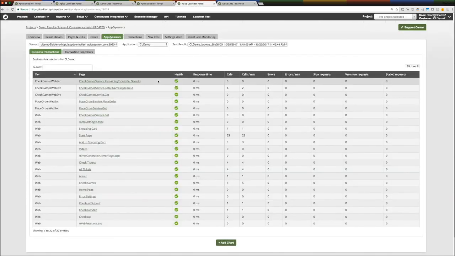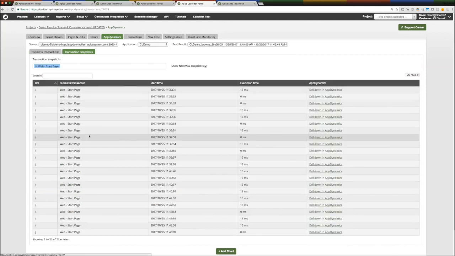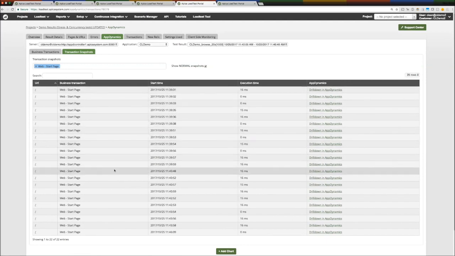If you're not going to go into every particular call from an outside-in perspective, we also have an inside-out view using our integrations like AppDynamics here. So here I have all my business transactions related to the demo application that we're testing against, and I can click into them here. Let me pick a business transaction and then drill down into that in AppDynamics. You can see that we're going to pull out all of the transaction snapshots related to that over the course of the test. I can look at normal or error snapshots and then drill down into those in AppDynamics. And from here, we build a bridge essentially from Apica load test into AppDynamics,